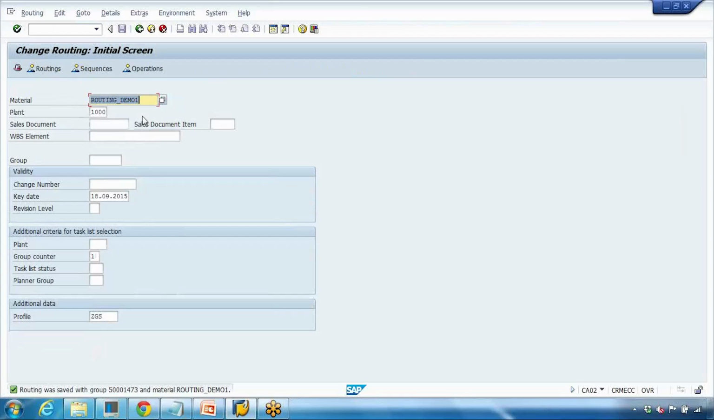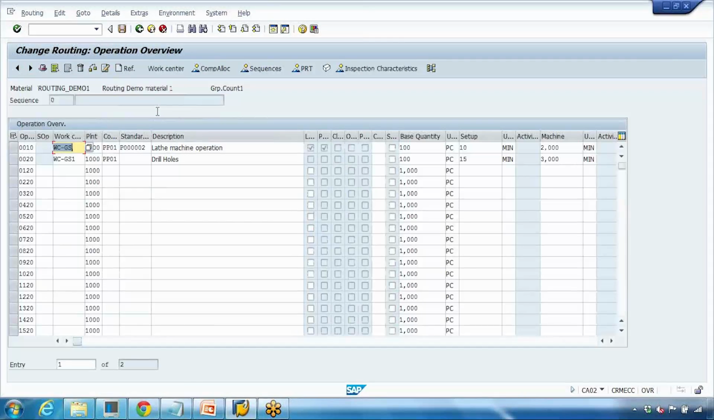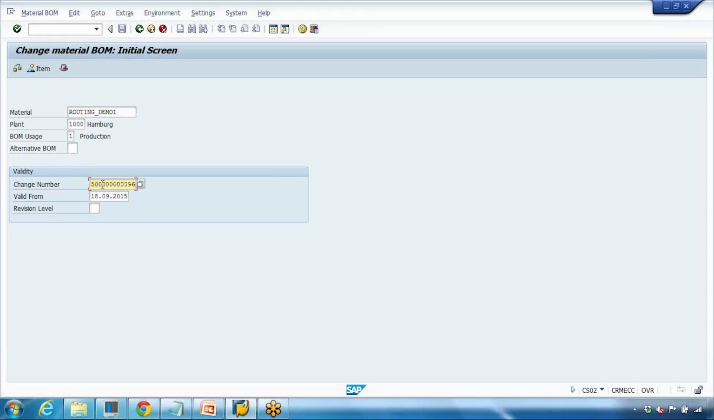Right, so saved. But if I come back to this routing again immediately, you can see that's still 10 and 15. Why? Because that is planned to be changed on a future date. So on that specific date, the system will update the setup time automatically. So same thing, you can also use the change number in the BOM change. So here if you enter the change number, you can also plan a change for the BOM in the future. And also in the material master, if I go to MM02,